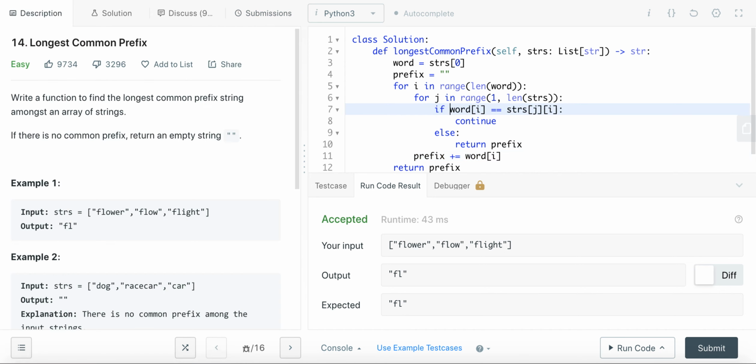So if I is less than the length of strings J and